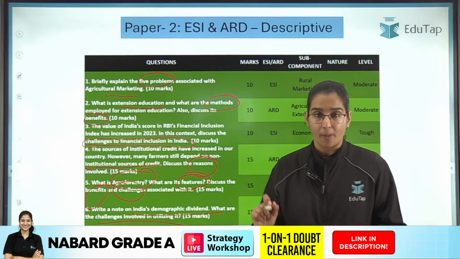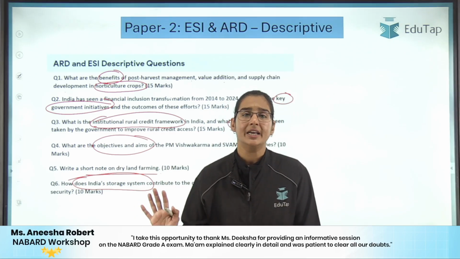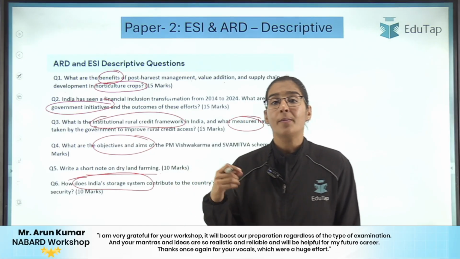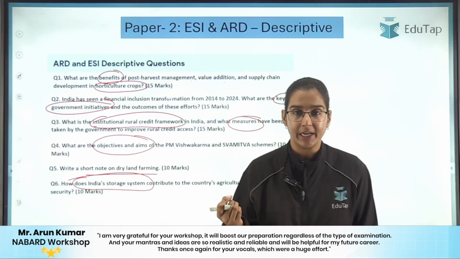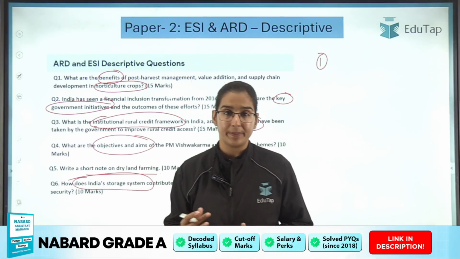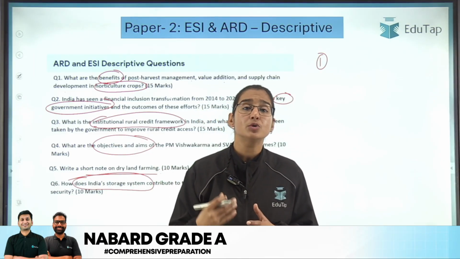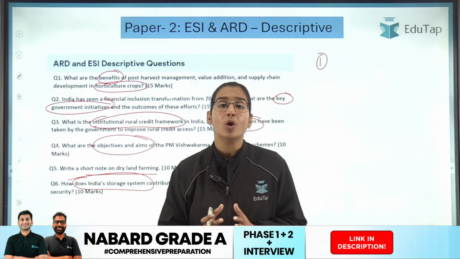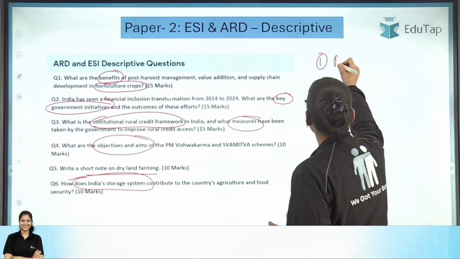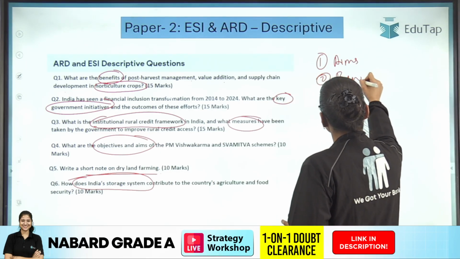Now students, the questions which are being asked to us in the descriptive paper are directly linked to our syllabus. There is nothing which is out of the syllabus. I have told you. But from here, I am drawing certain conclusions. The first thing which you have to do as far as your preparation is concerned is to identify the themes on which the questions are being asked, the areas around which the questions are revolving. So if you see, most of the questions are revolving around themes like what are the aims, what are the objectives, what are the benefits,